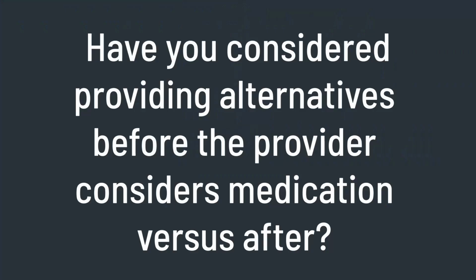Yeah, sure. Good question. The question was, have we considered providing alternatives before the provider considers the medication versus after? And actually, I think we find a good spot today. From a workflow perspective, the provider has chosen a medication, but that hasn't been e-prescribed out to the pharmacy yet. So they've said, I think I'm going to put the patient on this medication,